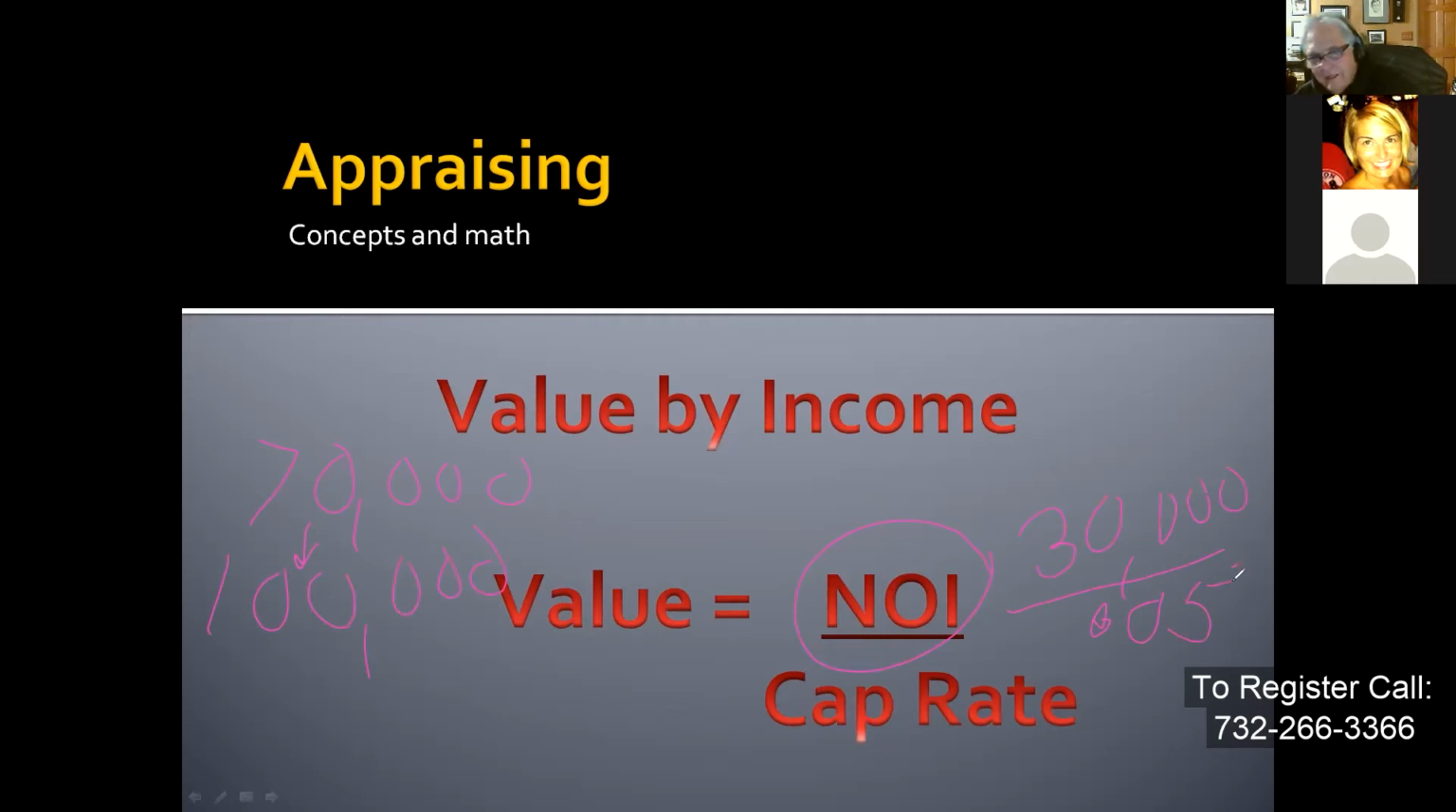And so we would divide that $30,000 increase by the 5%. And if we took $30,000,